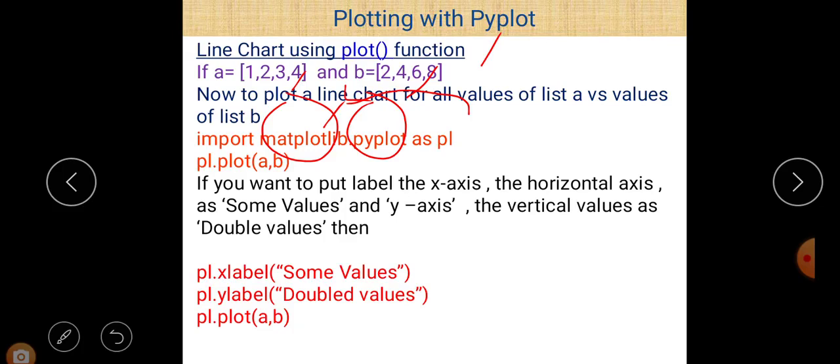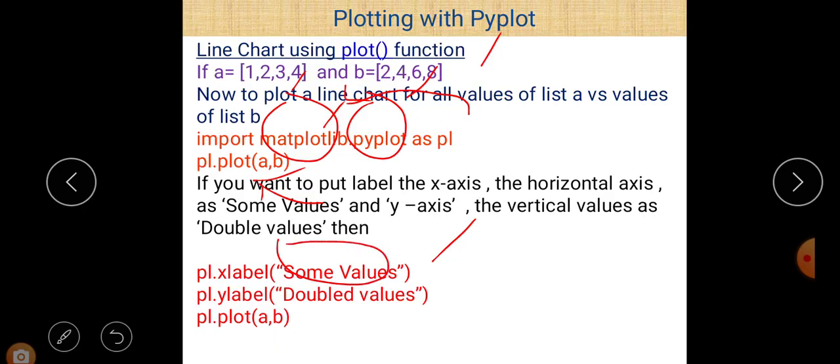It plots a line chart between A and B according to whatever values are given. And if you want to give the name of the x label, there is a function named xlabel. Just write plt.xlabel, and within the parentheses give the value, in this case "some values".